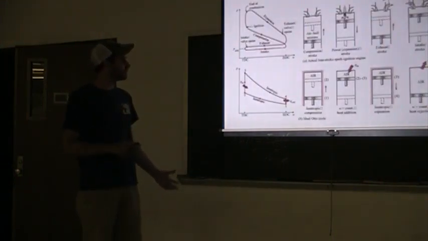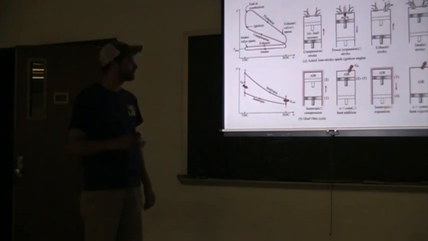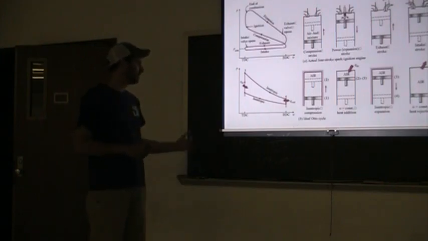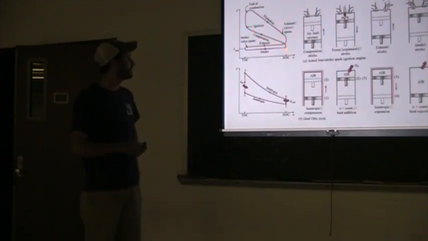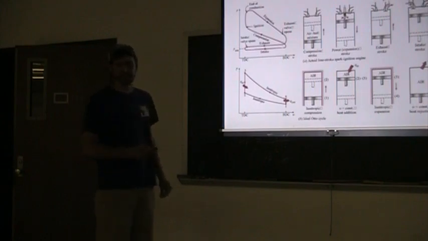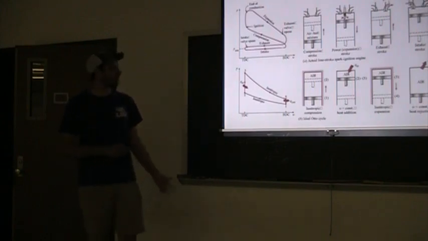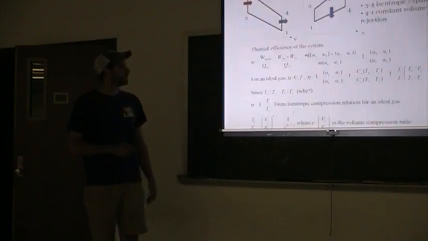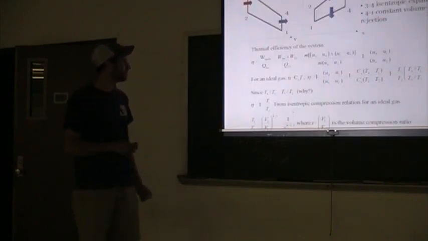Most four-stroke combustion engines, the basic spark ignition type, can be modeled as an ideal Otto cycle. Although it's not exactly the case, the actual PV diagram can be seen here. You go from the intake to exhaust to compression and back to expansion. That's a basic simple model which I already went through right here. In the ideal Otto cycle, the compression and expansion strokes are isentropic, which would never actually take place in a real-world scenario, but it's an ideal cycle. That's how it's modeled. And the efficiency of an Otto cycle, which is